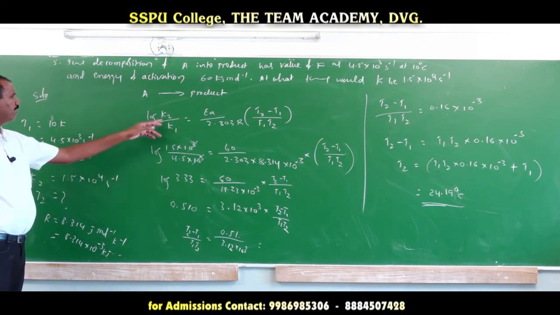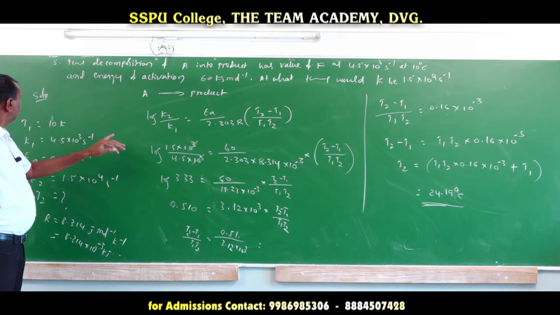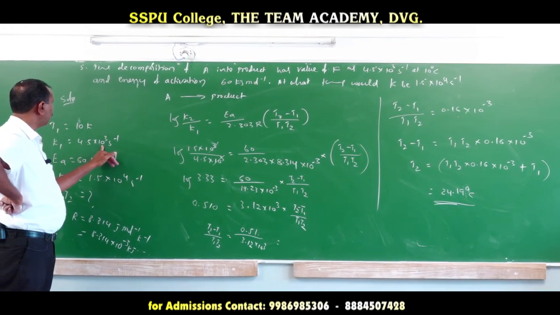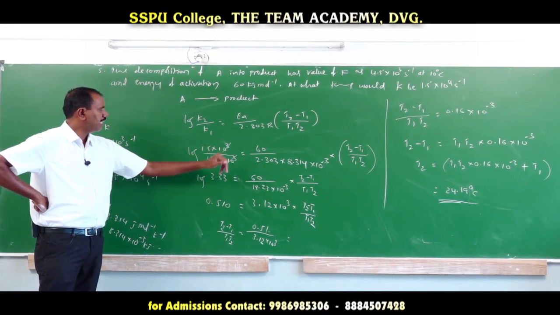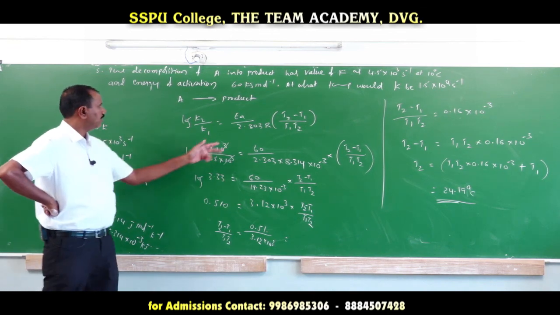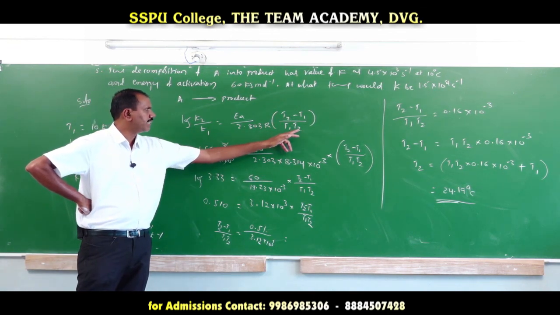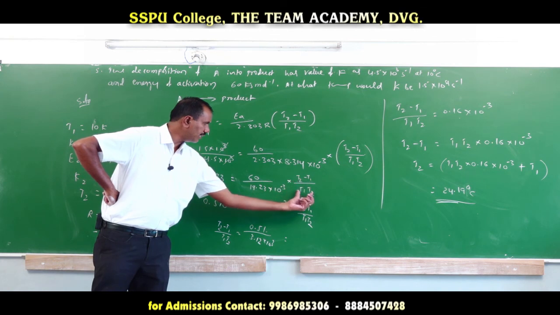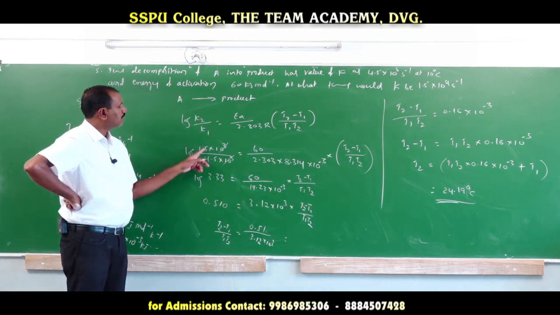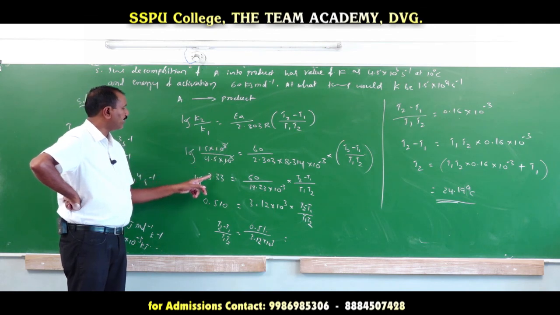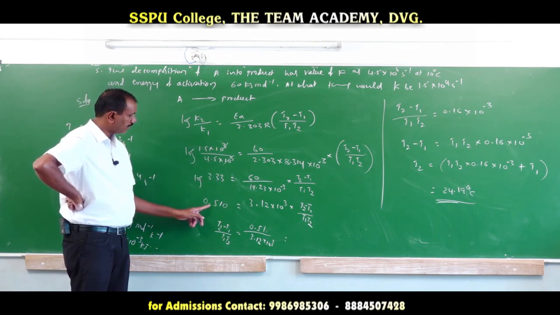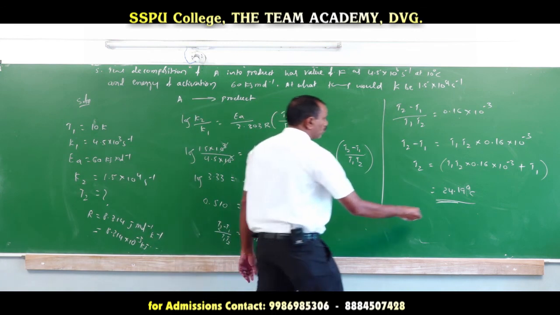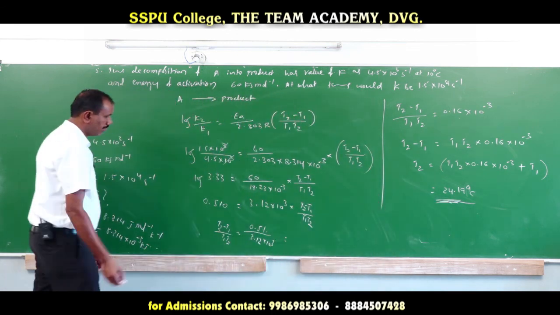Okay. Log K2 by K1, how to find out. Log K2 value is 1.5 into 10 to the power of 4, K1 value is 4.5 into 10 to the power of 3, that is given. The A value is also given, that is 60, over 2.303 R into T2 minus T1 divided by T1 T2. Here I have to find out T2, keeping T2 minus T1 as it is. So this is 15 into 10 to the power of 3 divided by 4.5, nearly 3.33. Log 3.33 is nearly 0.5. So finally we should get T2. T2 should be 24.17.